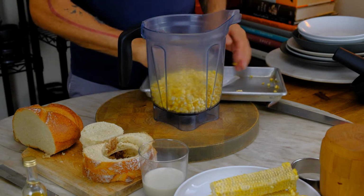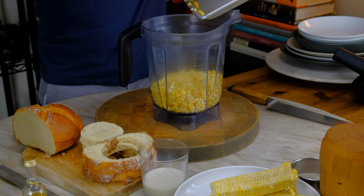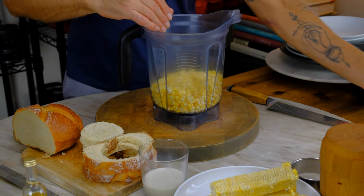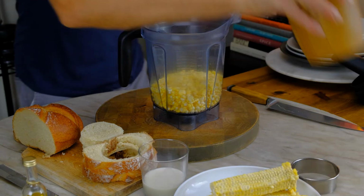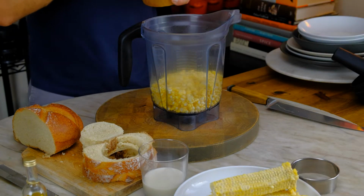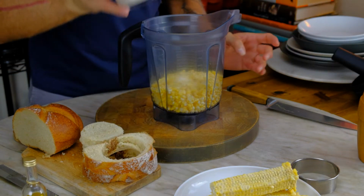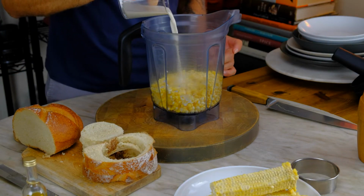Look at that move, huh? Hit it with a pinch of salt, quarter cup of plant milk,